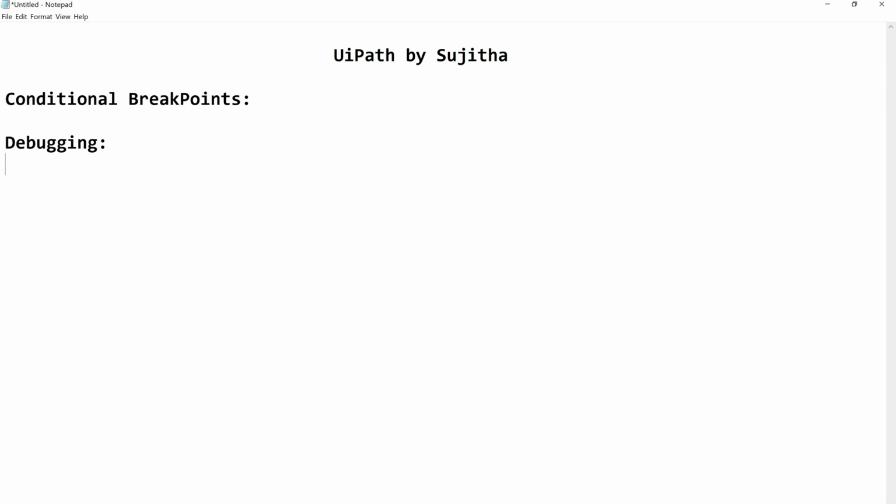Now, there is a concept called conditional breakpoints. What are conditional breakpoints? Conditional breakpoints are nothing but a breakpoint, a simple breakpoint with a condition to it, right? Let me give you this. Conditional breakpoints are,